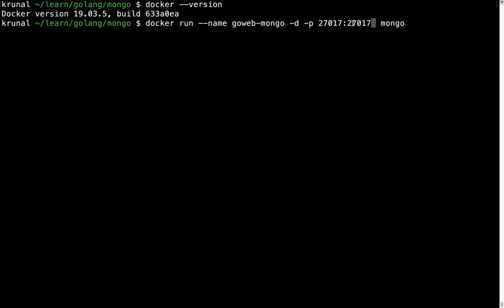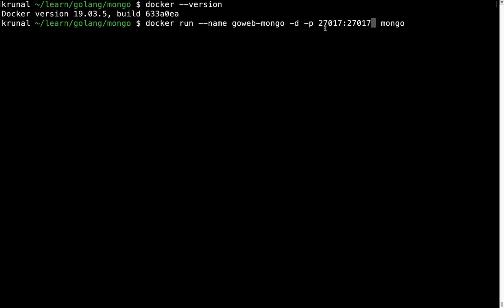The number after the colon, you can't change that, because you need to connect to the database and it's actually coming along with the container image. But you can change the local port. The convention says you should keep both the ports the same, just to be consistent. So when the container is running on the system, you will be able to connect to the MongoDB database that is running as a separate container using your system port 27017.